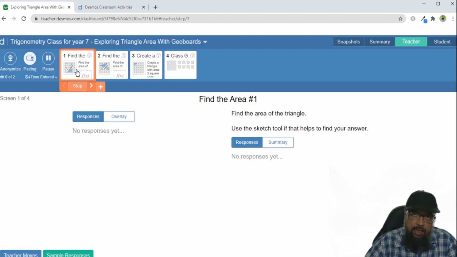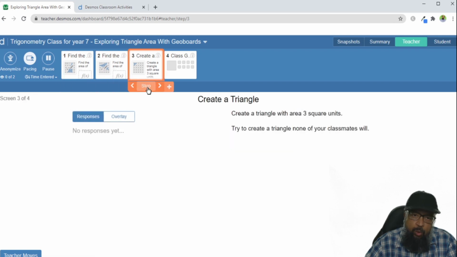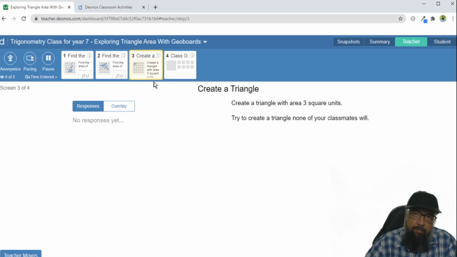So if you are in a synchronous online math class, you can restrict your students to this particular screen. Then you can move this to next and so on. And if you click on stop, now you have basically stopped restricting them. And if you want to pause the activity altogether, you can click on pause, and it will show like this.